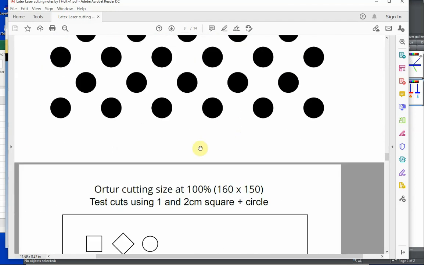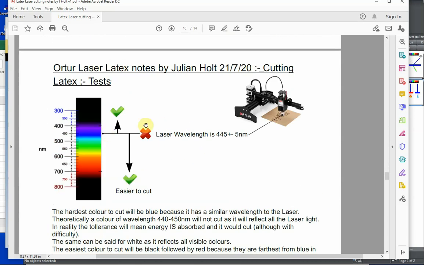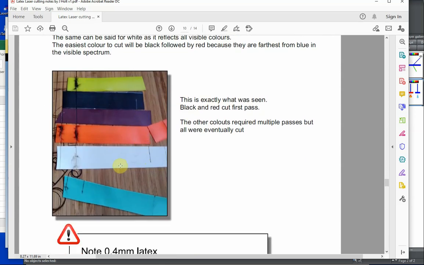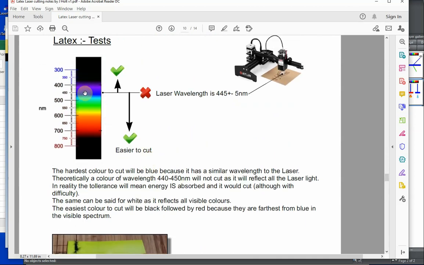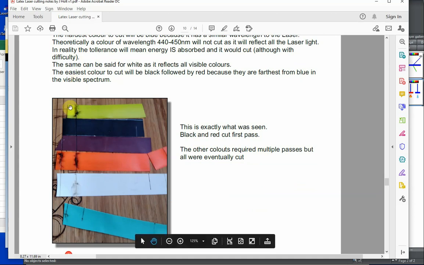I'll just show you very briefly a test I did with cutting. So here's, going back to our colour stuff again. The colour is blue, so blue is not a good colour to cut. So what I actually did, we got lots of different colours of latex. So I figured that looking at the colour spectrum, we're here. So blue is going to be difficult to cut. So the further away you get from blue, it's going to get easier. So I figured that red would be easy to cut and probably black. So I put a few strips together and did passes straight through them, and sure enough, that's exactly what you